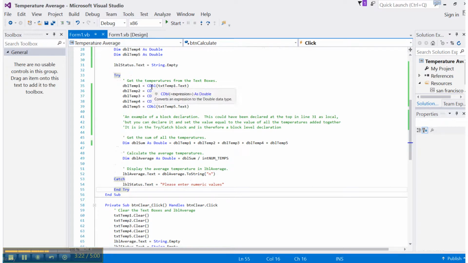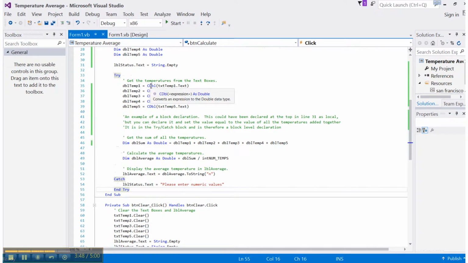Now it's going to convert it to a double data type, because anything you type into a text box is by default a string data type, and if it's a string data type you can't do any math on it, and we're going to get an average of these, so we can't leave it as a string data type. So you're converting each of these to double, and that's what the try statement is checking, whether or not these can actually be converted to double.